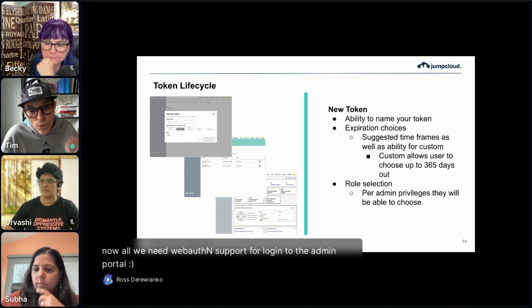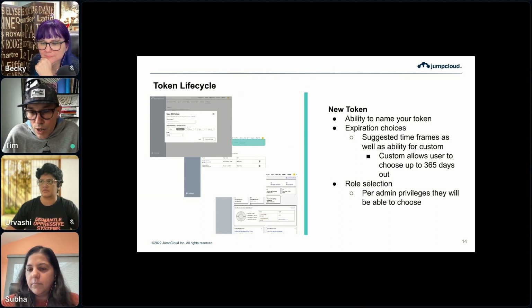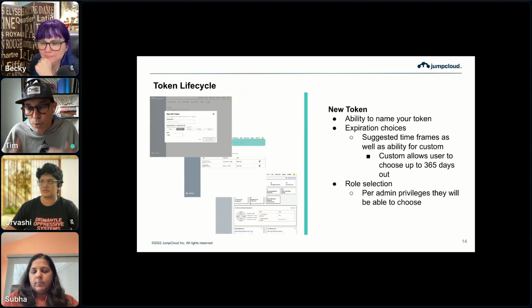And so, we ask you to name it. So give it a useful name there. You set your time to live, and then you get the ability to set your role. And then once you do that, that middle screenshot is a view of, when you have multiple tokens, that you can get a quick look at what the name is, when it expires, and what the role